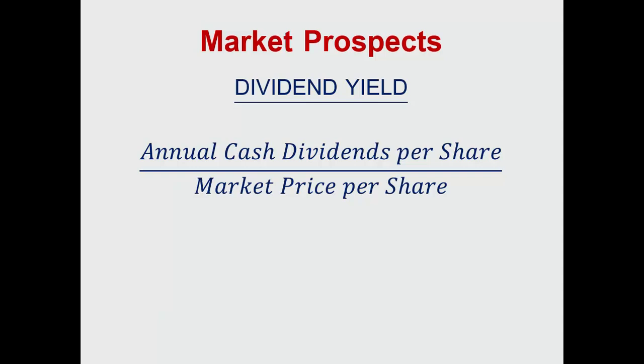And this would be your calculation. Do be careful when you look at dividends on your disclosures. Many pay out quarterly, so make sure you're determining what the annual is. Divide that by the market price per share. And that was a review of